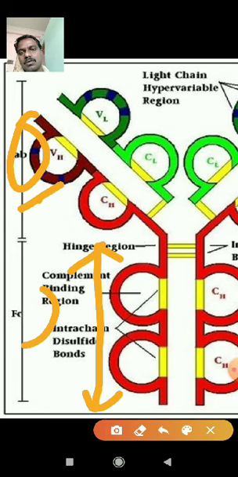And again you observe that in the structure of the antibody, this pot we call the FC pot. The FC pot does not bind antigen. It is very important to attach the antibody on the membrane of the antigens. So this is the second part of the antibody.